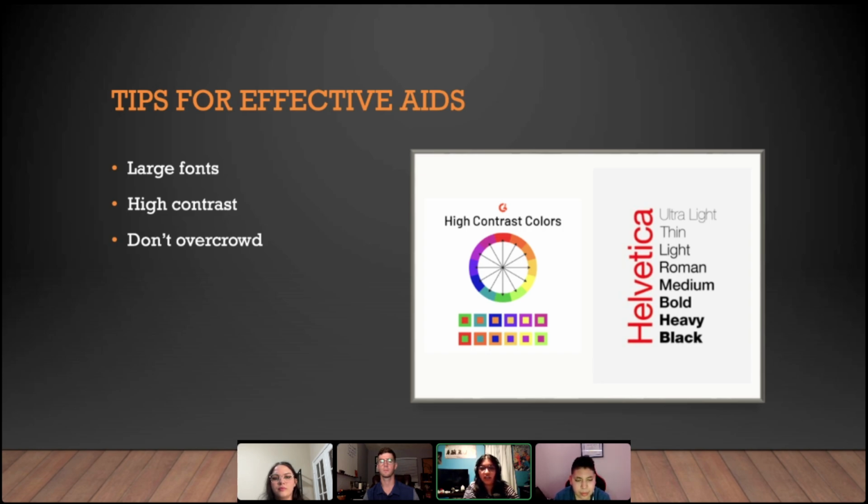Using high contrast colors can also help people see the image and still understand what it is without having to ask the person next to them what the image may be. And also, it just brings out the image a lot more so you can tell what it is a lot easier. And lastly, don't overcrowd your slides because it can make people lose interest in you giving the speech